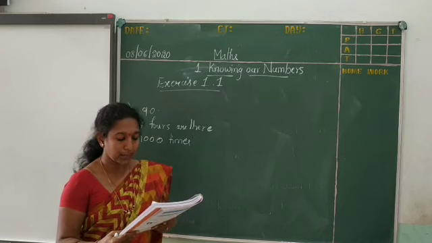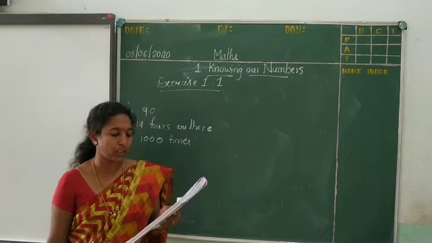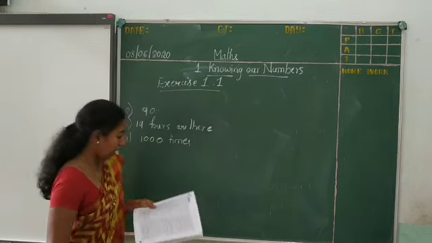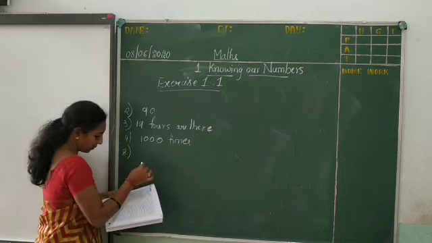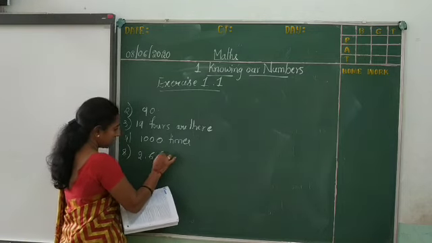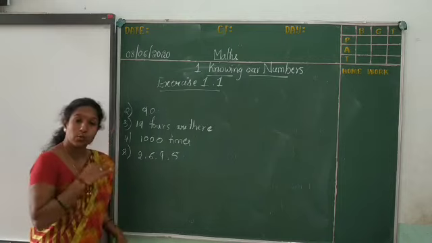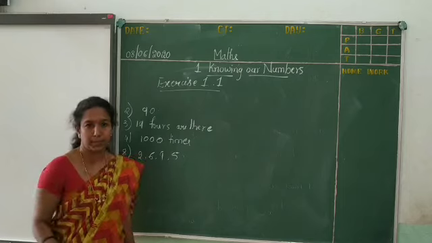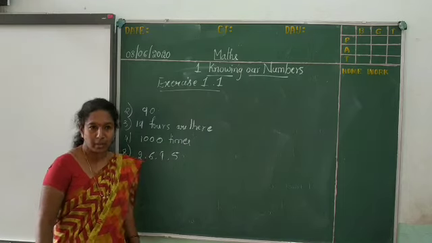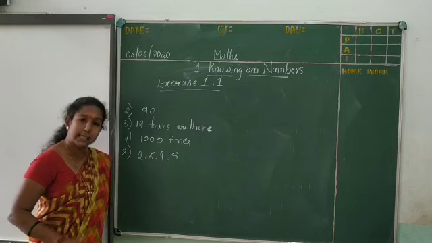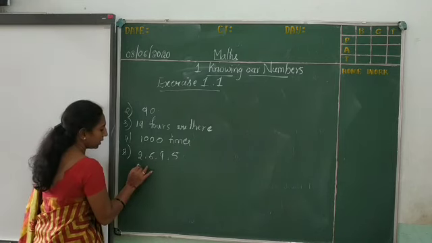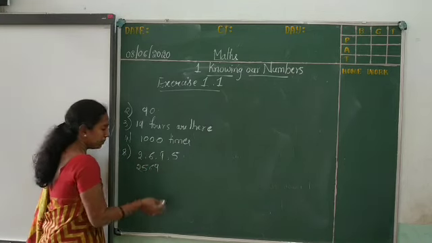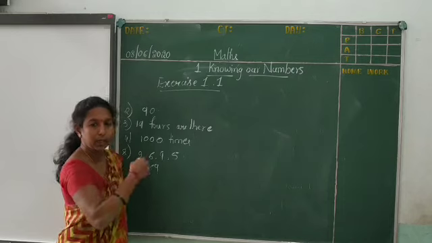How many 4-digit numbers can you form using the numerals 2695 without repeating any digit? Here they told you to use 2695. By using these 4 digits, you have to make 4-digit numbers without repeating any digit. So I will tell you one method here. First, I will arrange the numbers in ascending order, that is 2, 5, 6, 9, so that we do not miss any number.